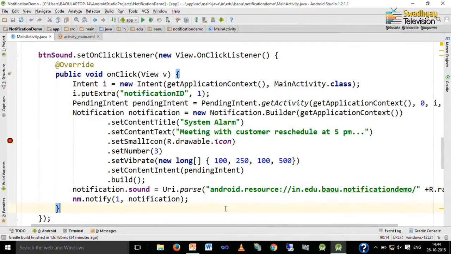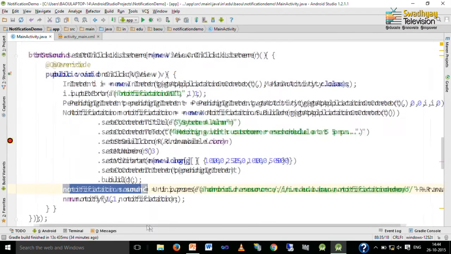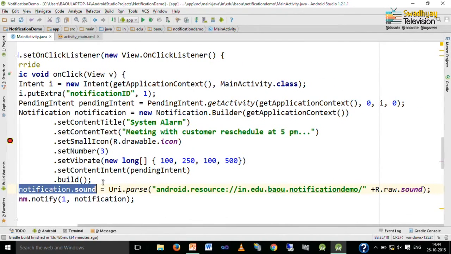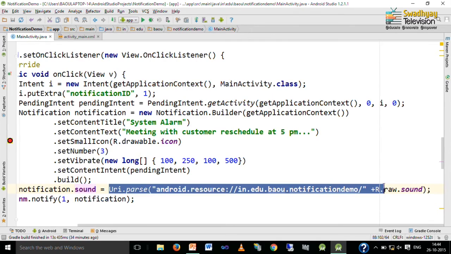Now, how to add sound? So, here we use the sound property, or you can use the set sound method also. So, here the notification dot sound property is set to a URI which represents our raw file stored in the raw folder.